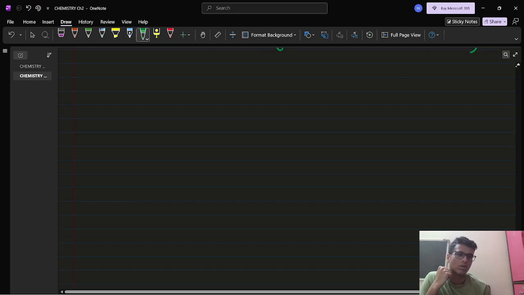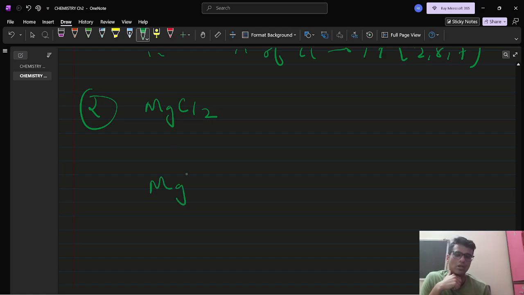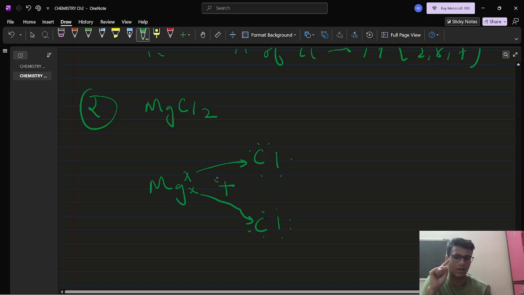We'll take one more. CaO I did above, but we will take MgCl2. Mg cross cross Cl, Cl has 7 electrons and needs one. Mg has two, so that's why. Cl can take only one, but Mg has two, so it will call two Cl and give one each. So this goes here, this goes here. Arrow compulsory, plus sign compulsory, you must show plus sign and arrows. This will form